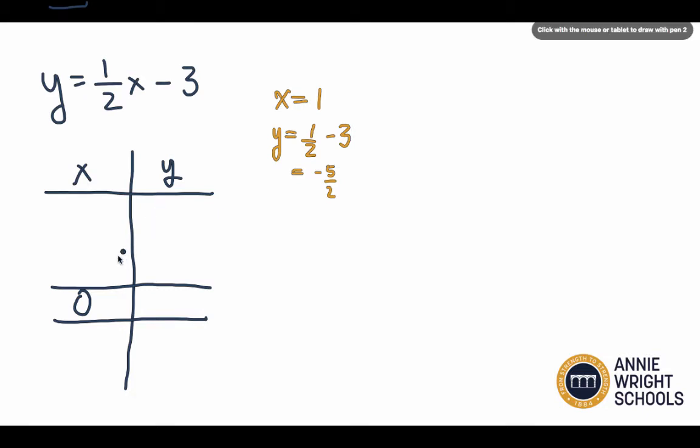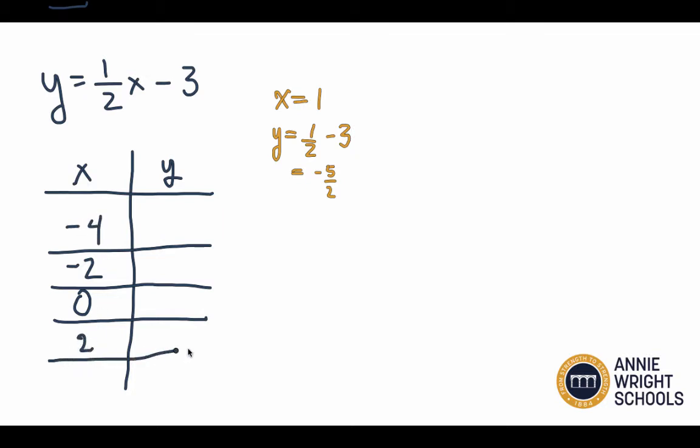So instead, what I'm going to try is -2, and -4, and +2, and +4. By choosing even values for x, when I multiply by 1/2, I'm going to get some really nice values for y. So what I'd like you to do after you think critically about the x values you want to use,